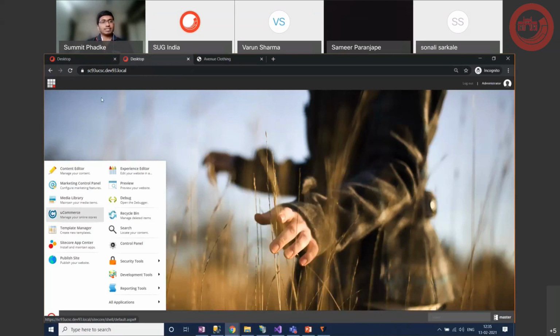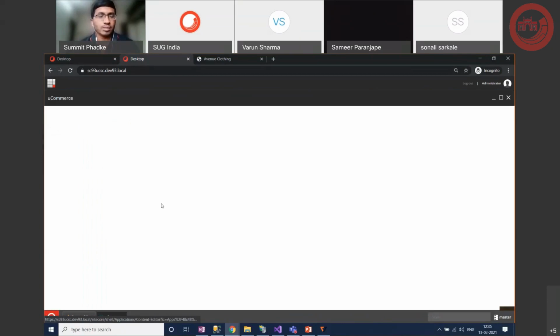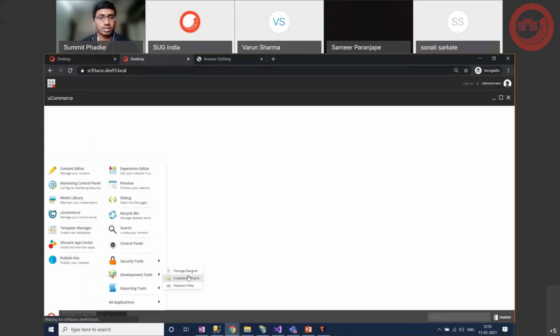This is a separate instance that I have created just so we save our time. The package we are planning to install is as simple as going to Sitecore, development tools, installation wizard, and installing the package.